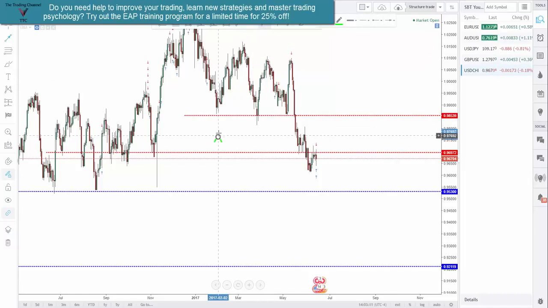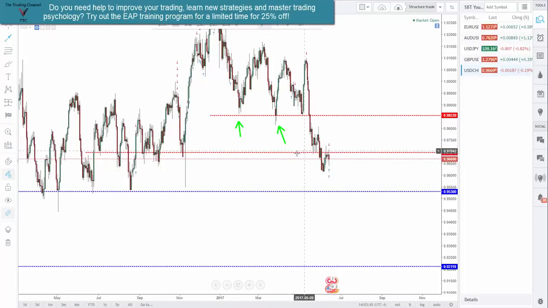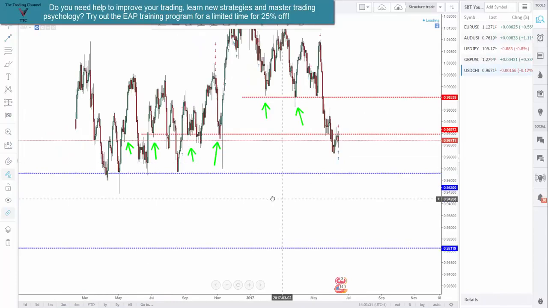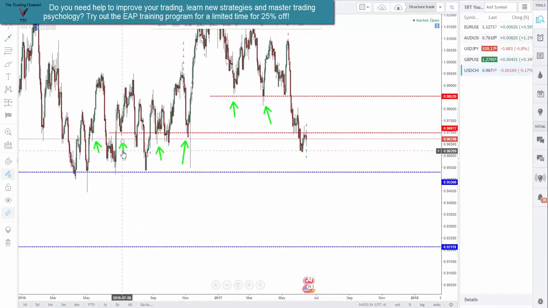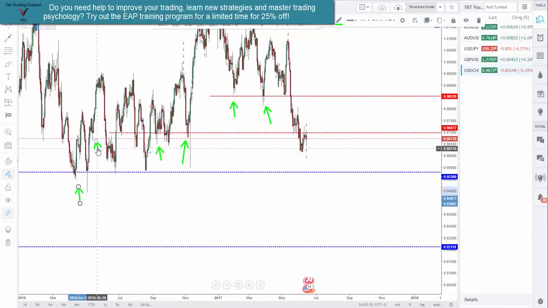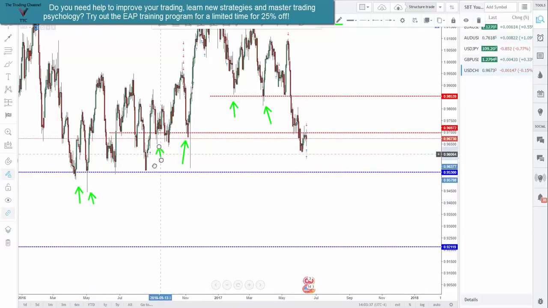So for resistance here, this top line is pointed out because this is a level the market tested multiple times as resistance. Same thing here on this next level of support that is now turned into resistance after the market broke through it. We have a level that has been tested multiple times in the past as support. And for our support levels labeled in blue, very similar situation. We have a level of support that has supported the market multiple times in the past here at our first